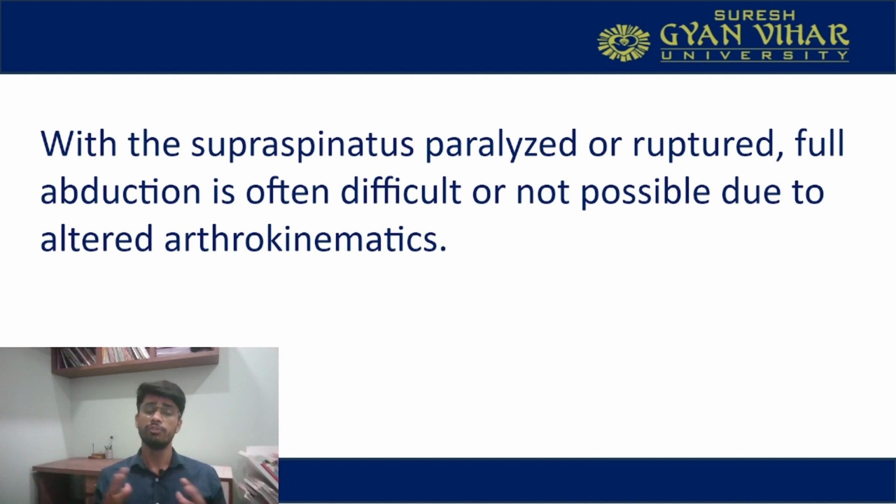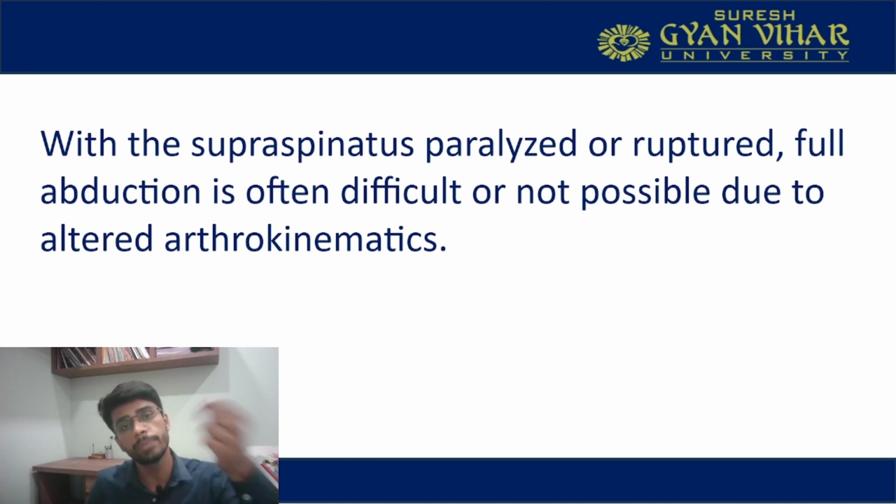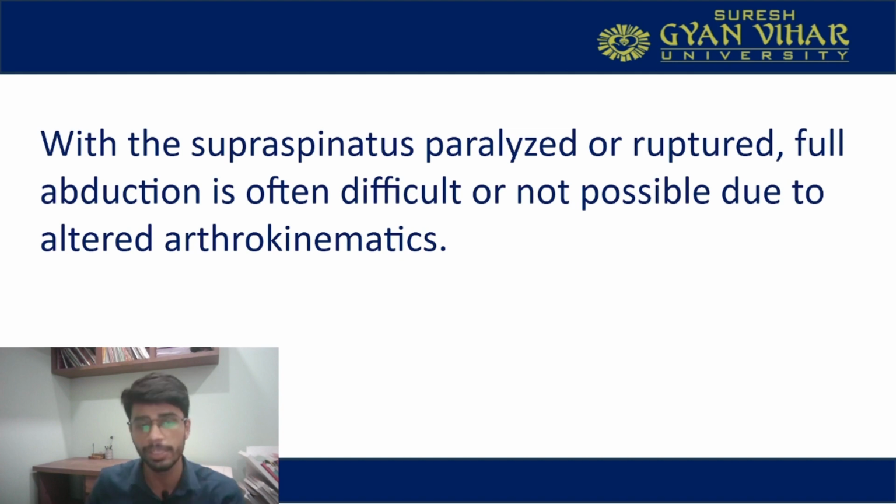Till now, we must know that the supraspinatus is very important in providing static stability, because it is pulling the head of the humerus in the upward direction and there is gravity in the downward direction, and the resultant force is causing compression. Also, the supraspinatus is attached to the superior part of the capsule, which makes it an important dynamic stabilizer. So these wide functions of the supraspinatus in the arthrokinematics of the shoulder joint make it a very important muscle.